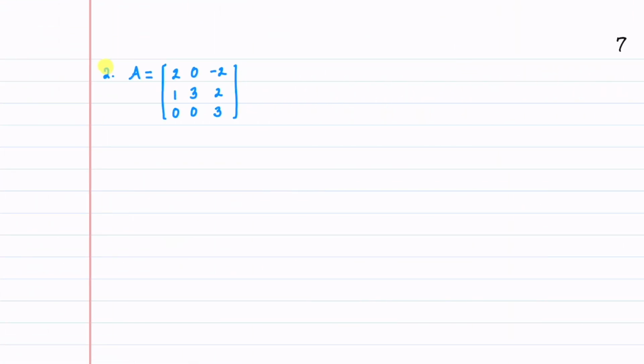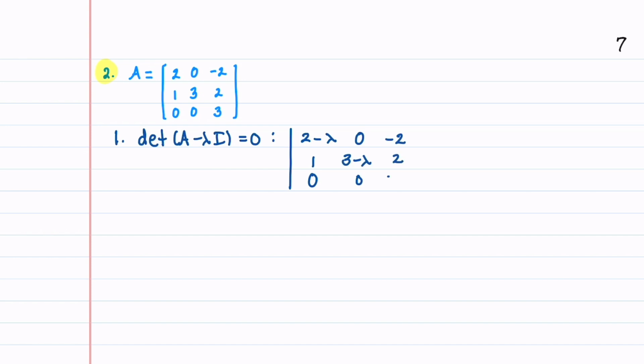In our second example, we have a 3 by 3 matrix. We'll begin by finding the eigenvalues of matrix A. We'll compute the determinant of A minus lambda I and set it equal to 0. We have 2 minus lambda, 1, 0, 0, 3 minus lambda, 0, and then -2, 2, and 3 minus lambda. Looking at this determinant, it looks like it's going to be best to evaluate it if we do